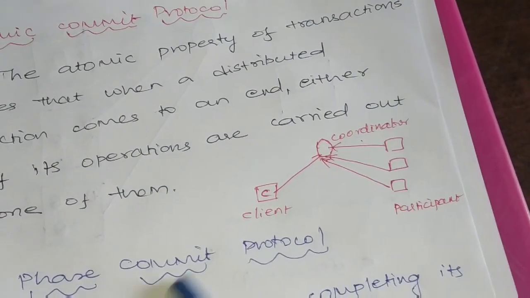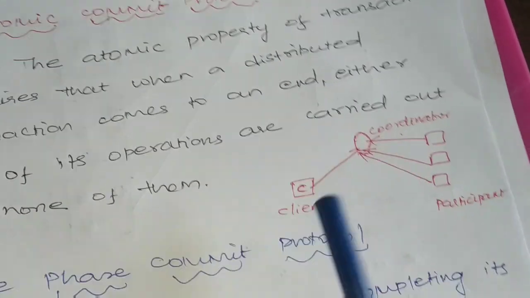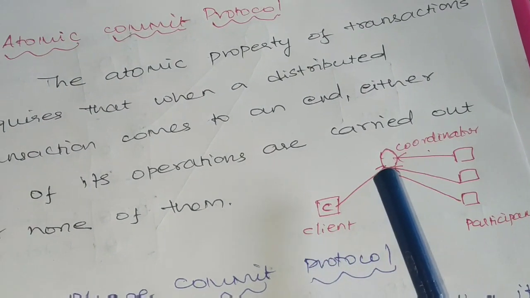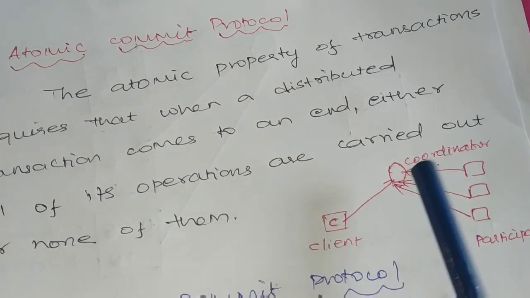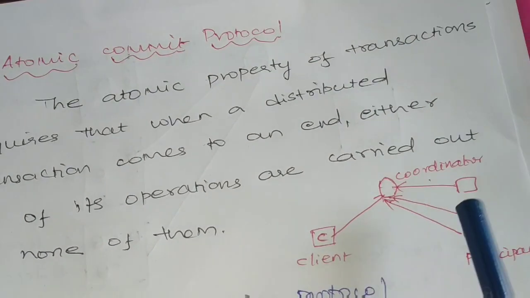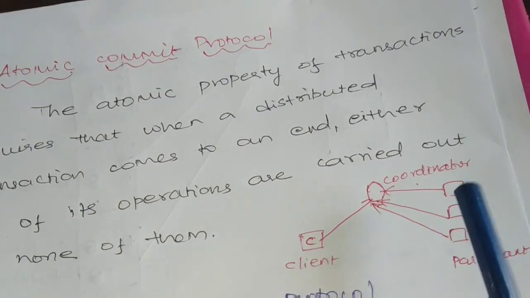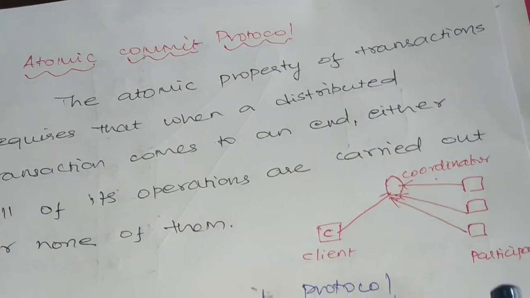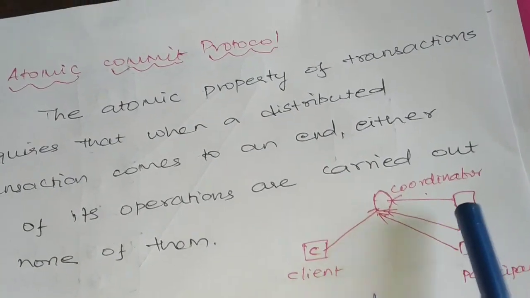Hope you might remember this diagram which we saw in yesterday's class, where we have a client and a coordinator. The client will initiate the function using the open transaction command. The coordinator will have a reference to all the participants involved in the transaction. The participants will join the transaction using the join command, and all these participants will communicate with the coordinator. Now the participant will keep track of all the objects involved in each of the servers.